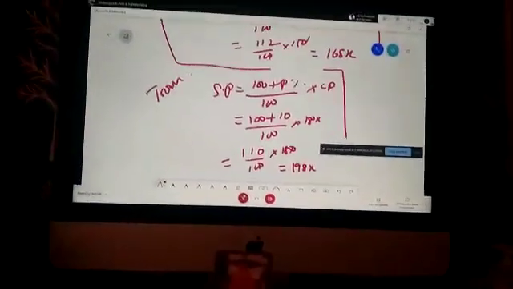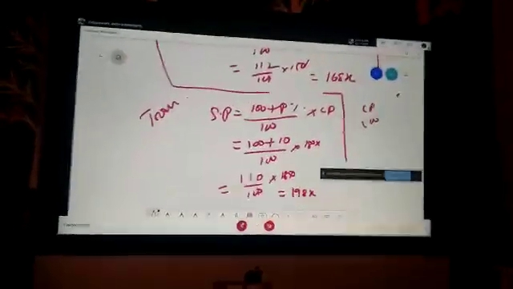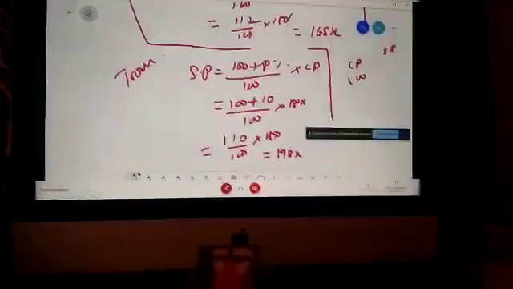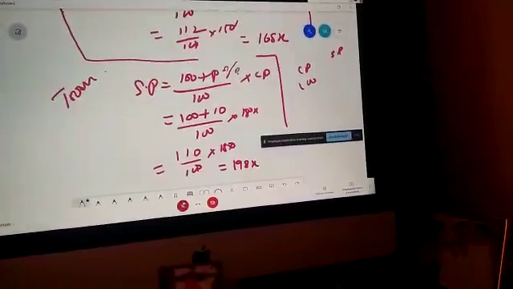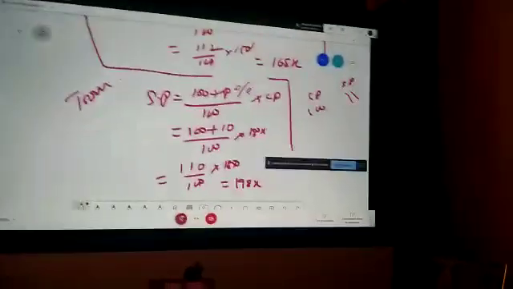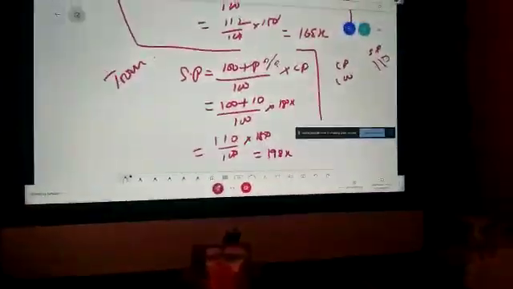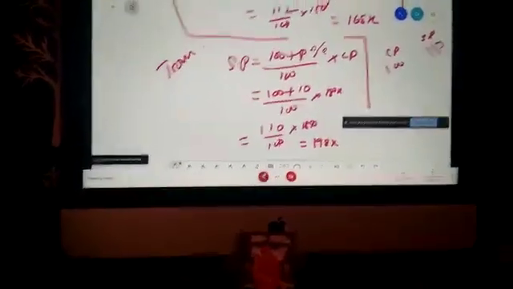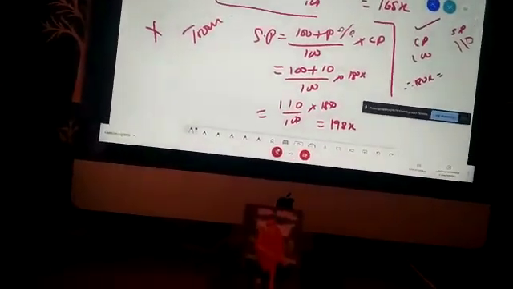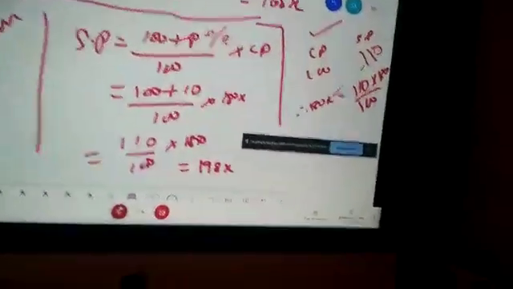I'll tell you the other method. See, what is the other method? Cost price is 100 means selling price how much? For the trouser, the profit is 10, so cost price 100 means selling price is 110. Profit, no loss. Therefore, for 180x, multiply 110 into 180 and divide by 100. If you don't want this method, no problem, follow whichever method you want. This is the formula method.